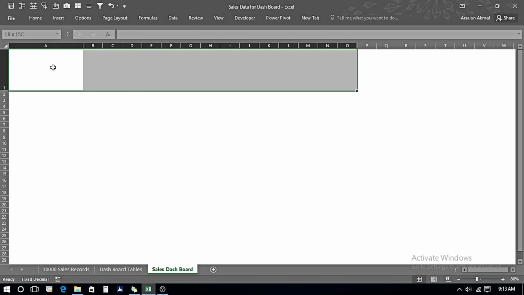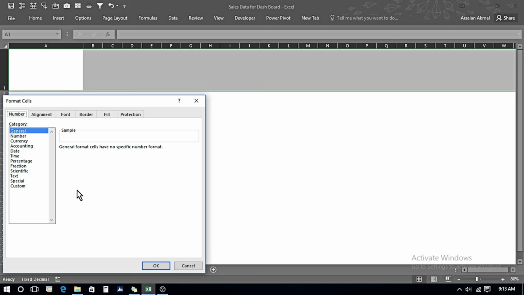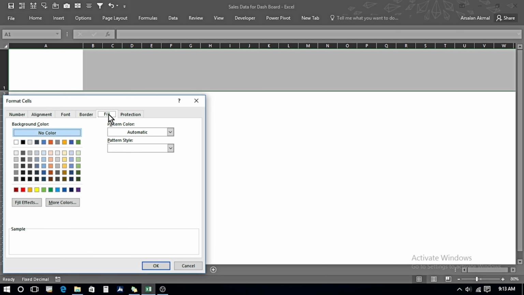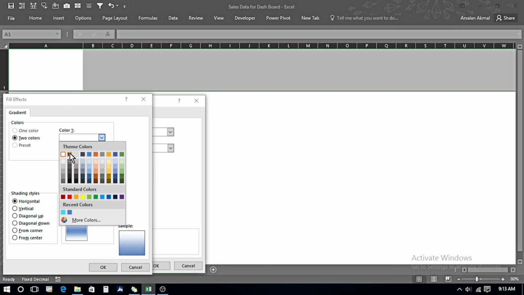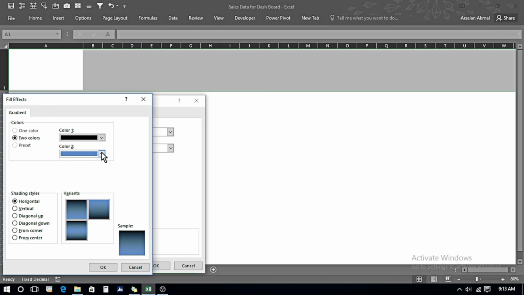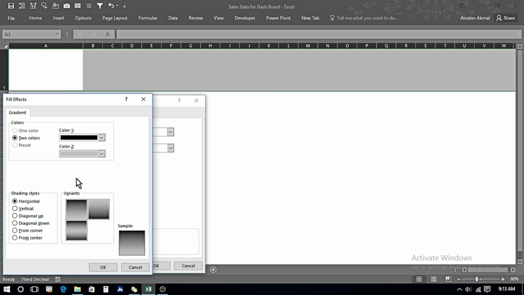I select the row A1 and go in cell formatting, right click, format cell, fill effects, and then I will be selecting black and second color as gray.